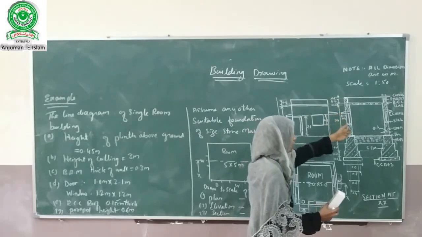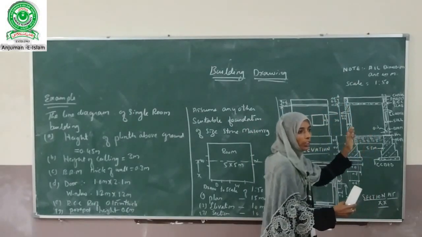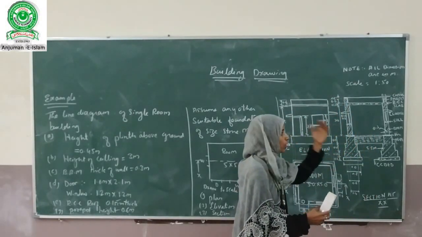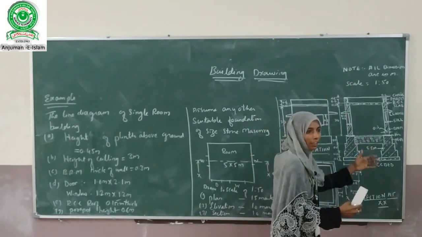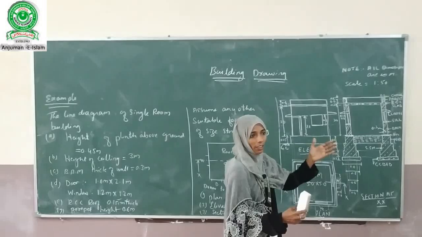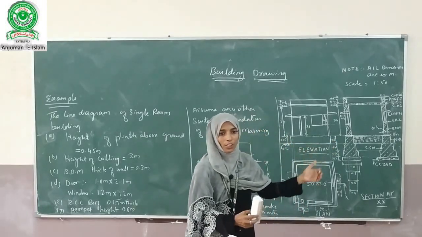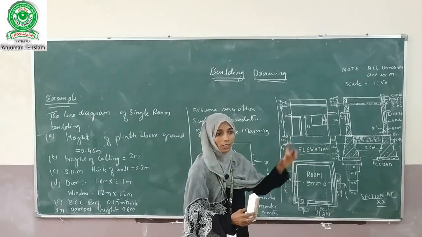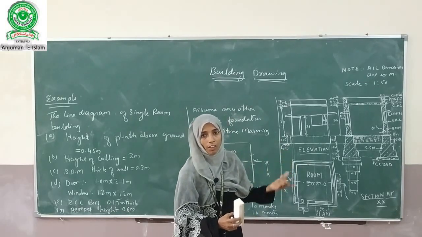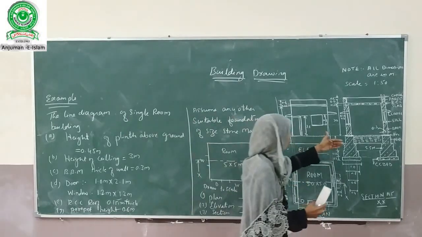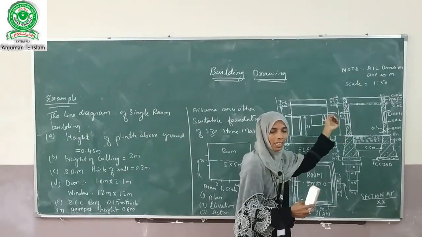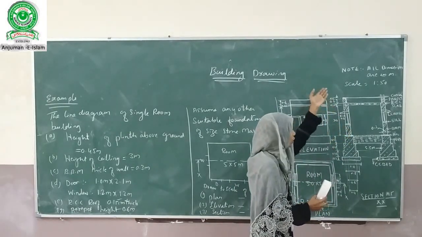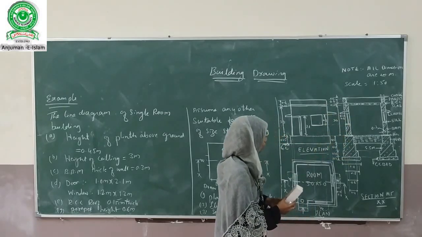So in cross sections, we are going to highlight whatever items are involved in the construction of the buildings. For example, the type of masonry used in the foundation, the thickness or width of the foundations above the ground level, the basement, the ceiling height, parapet, lintel, RCC slab, all those things will be highlighted in the cross sections.